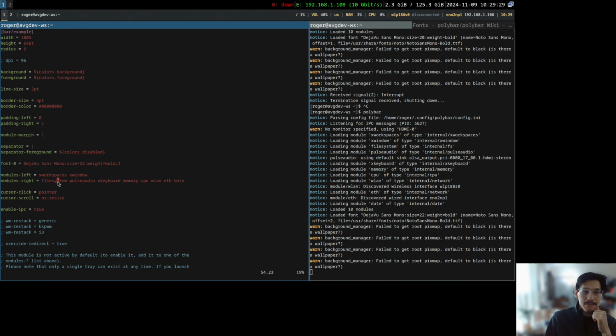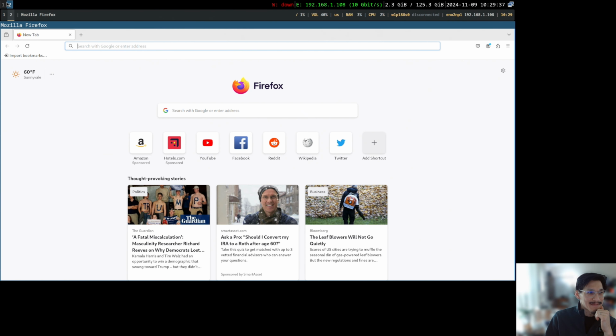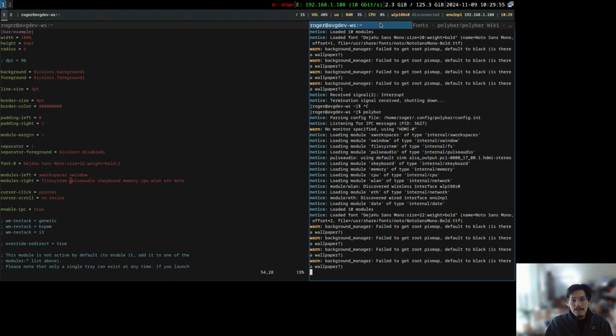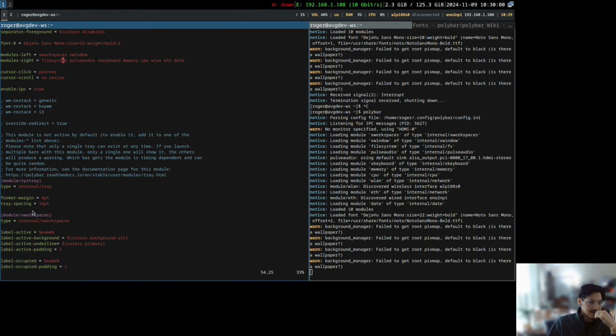Okay, we have file system. So this is like the same thing. I guess modules left is going to be our workspaces right here. Okay, see how it kind of syncs with i3, the i3 bar? Because I think internally it both uses i3 status, which is a process that runs in the background that updates all of this stuff. So yeah, I think the modules right is everything that's on the right here. And then without reading the docs, you have the tray, which I believe should have appeared with the applet, but